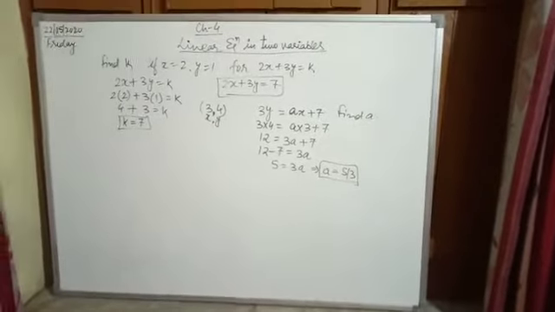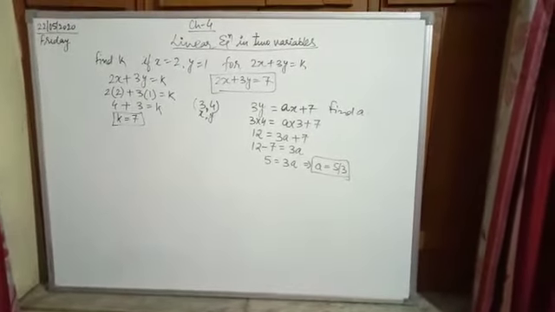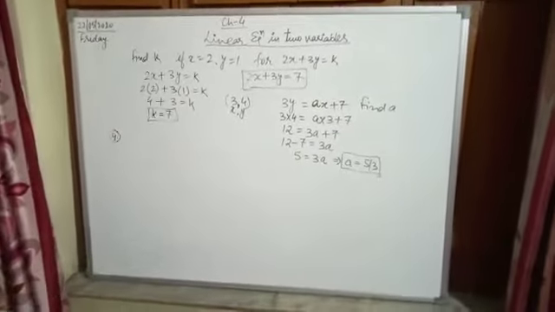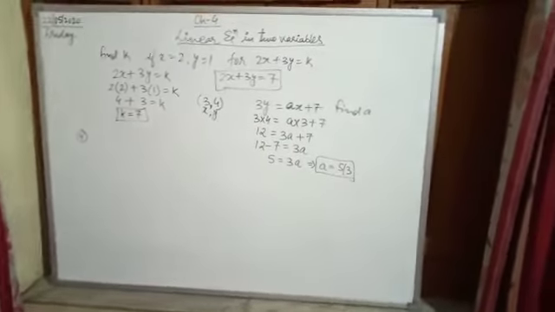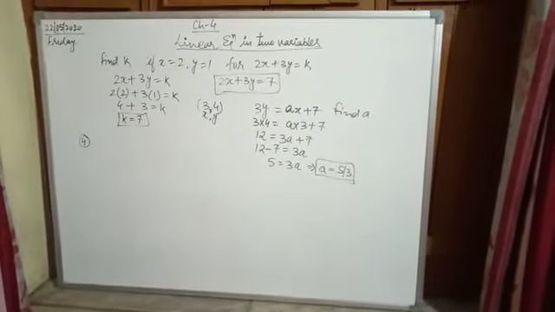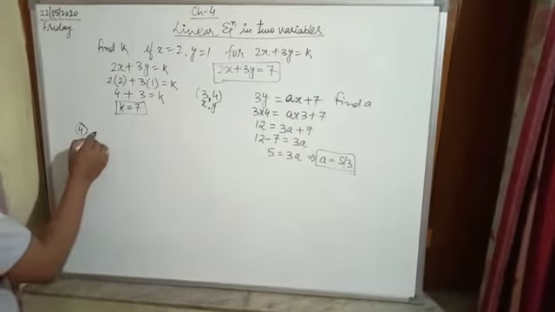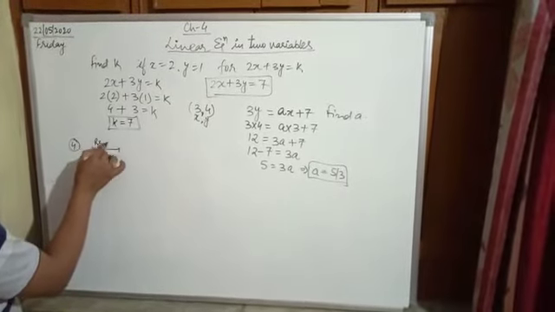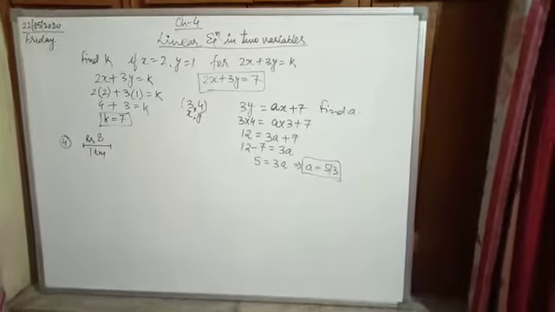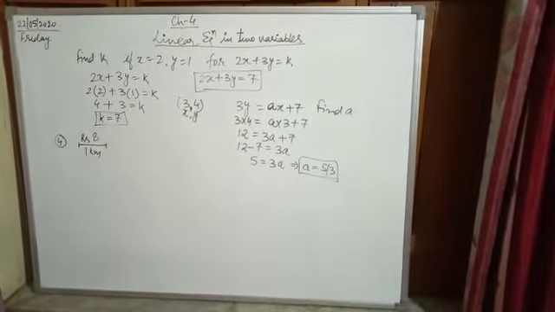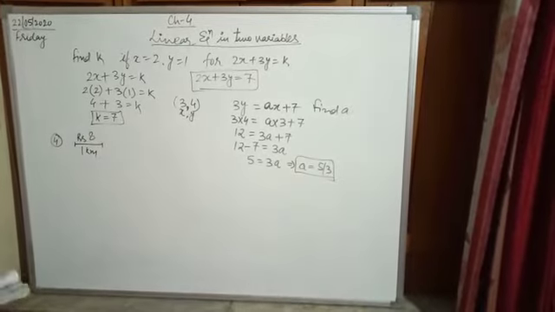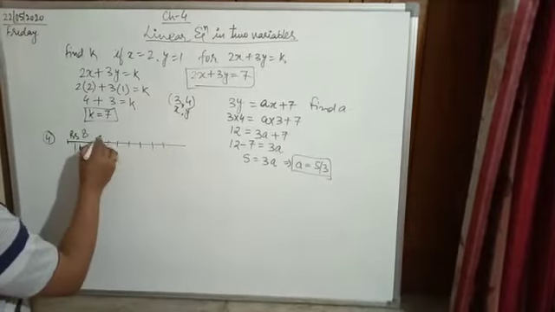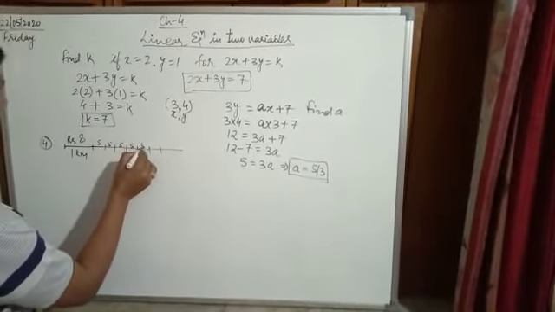Now, one question I am telling, question number 4, exercise 4.3, which is the most important question. The taxi fare in a city is as follows. For the first kilometer, the fare is rupees 8. Suppose this is the 1 kilometer. I have to pay rupees 8. And for the subsequent distances, it is rupees 5 per kilometer, and so on.